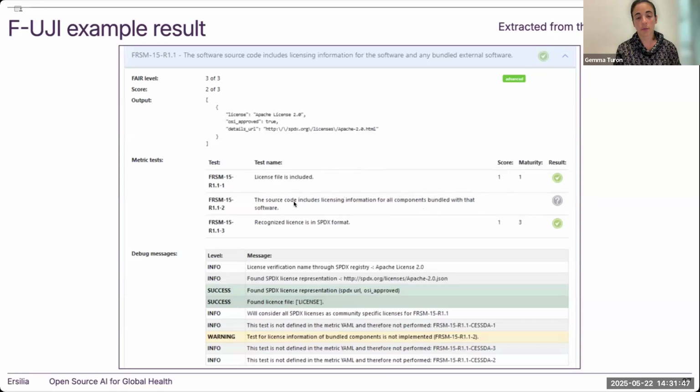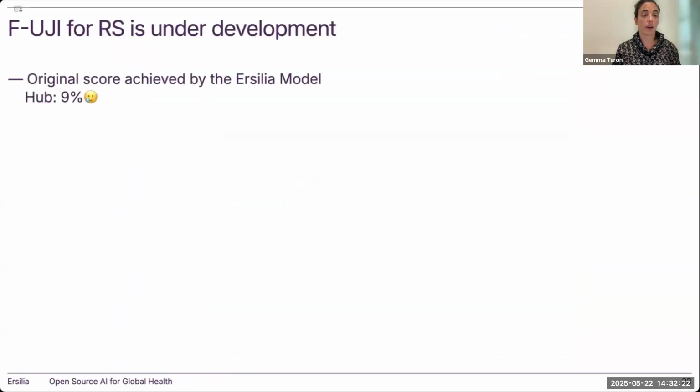And this is important to understand because this is really something that is under development. So what we were working on during the impact action is to understand, for example, how can we create an automated measure of the licensing information for all the components in the software. So basically, this means that we need to use several use cases and understand how people are reporting this, and basically build an automated metric that will allow us to score the maturity of this particular metric. So that's why I want to make this note. This is still very much under development.